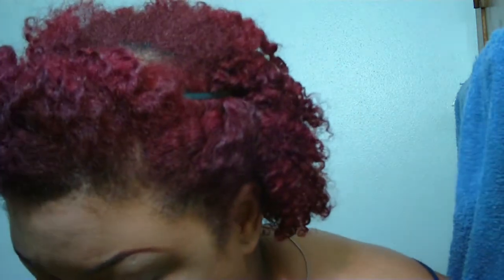Okay, now that I got that on, the next thing I would do is set that with the powder. The powder that I'm using is an e.l.f. powder. I think this is $3. And it is in the shade of Rosy Beige. Rosy Beige. I'm sorry, y'all. You know my voice. And I just take that with a little puff. And I just pack that under my eyes, down my nose, on my forehead, under my other eye. Okay, now that I got that done,